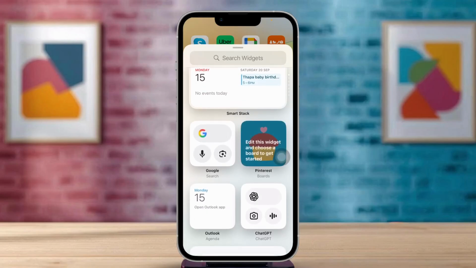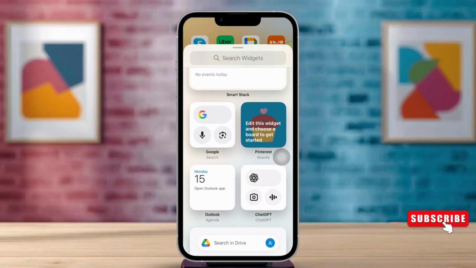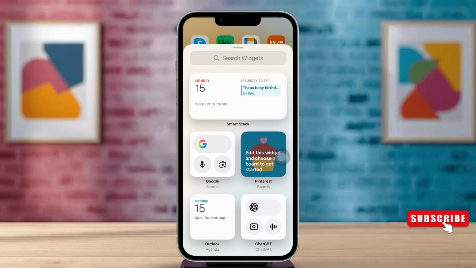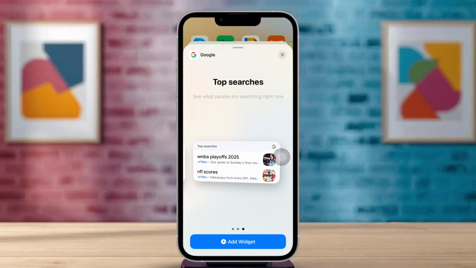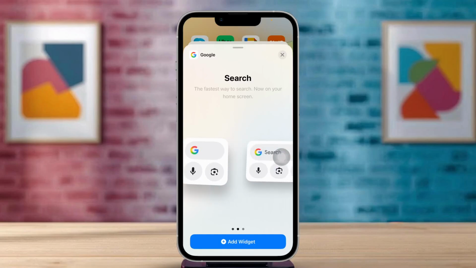Now from here, you can find different options. There you can see Google right here pop up. If you don't find it, you can search for Google on the search widget option there. So tap on Google. After you tap on Google, you'll find different versions of it. Since we are trying to add Google search bar, simply select this one and tap on add widget on the